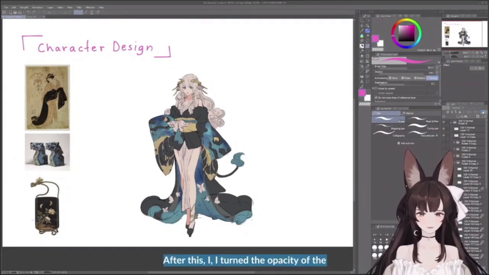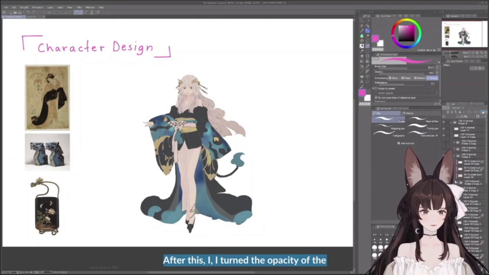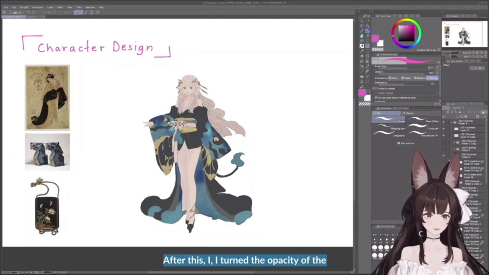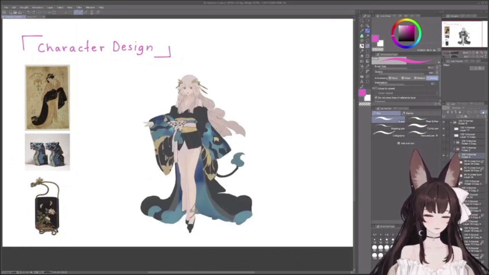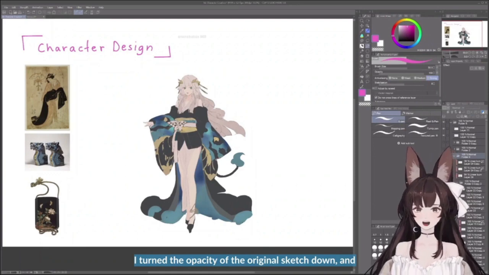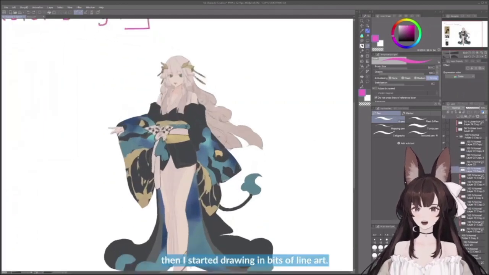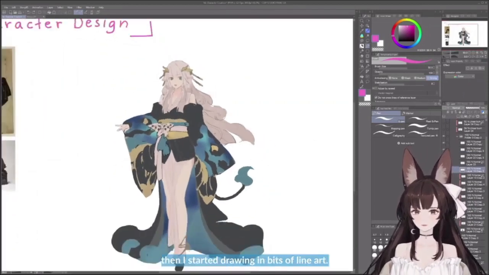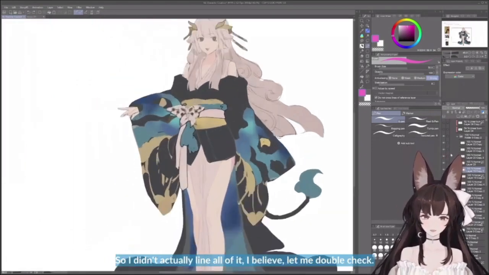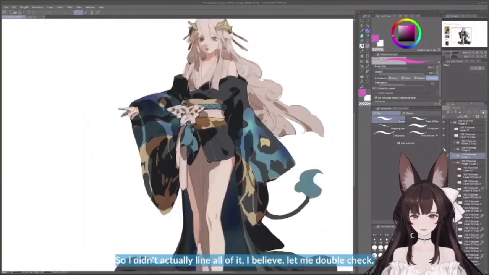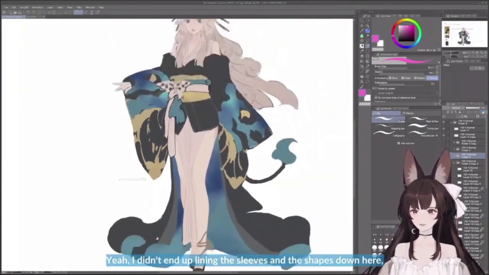After this, I turned the opacity of the original sketch down, and then I started drawing in bits of line art. So I didn't actually line all of it, I believe. Let me double check. Yeah, I didn't end up lining the sleeves and the shapes down here because I felt